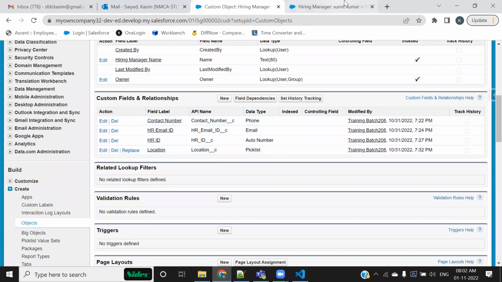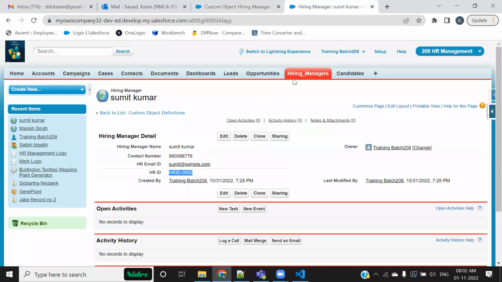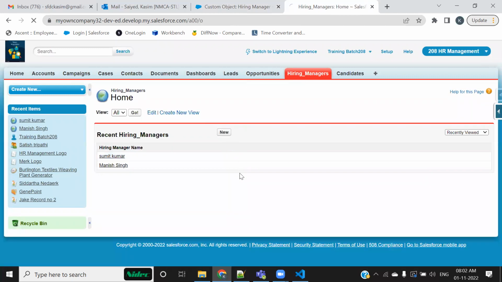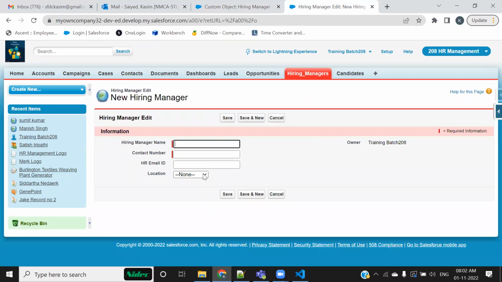contact, HR rate, and all this. And you go to the interface, and for example, now you click on this new button, you're going to see all those fields, right? And see, this is none because you haven't selected the first value as the default value, and these have been sorted. B, C, D, E, H, something like that, right? So this is how we create the fields inside the object, right?